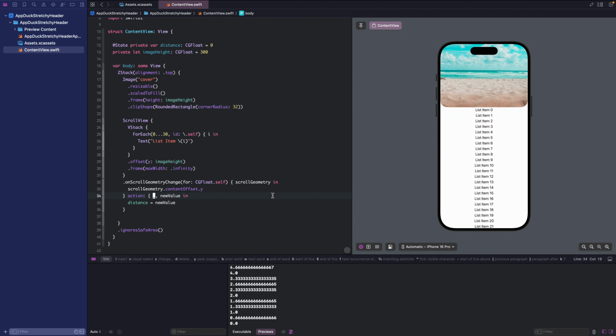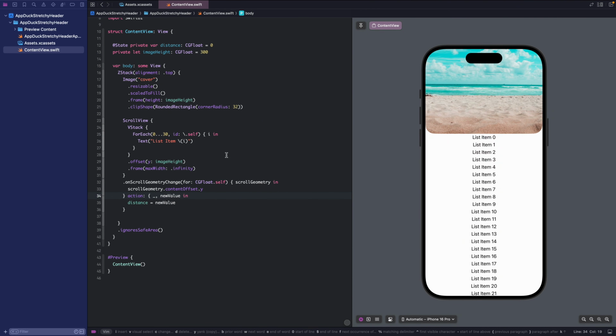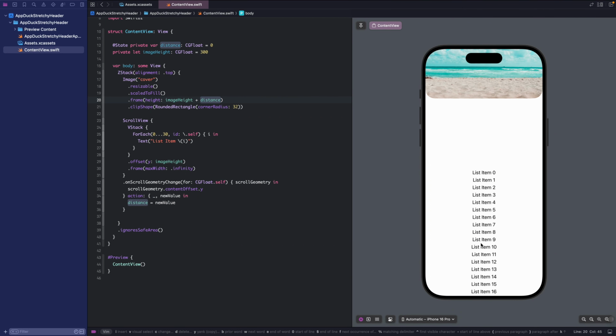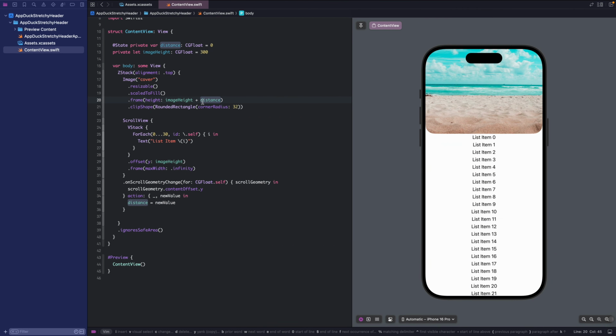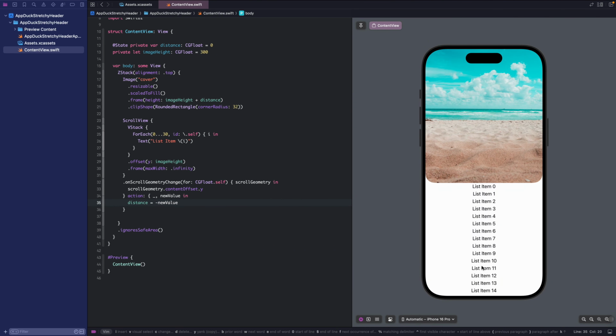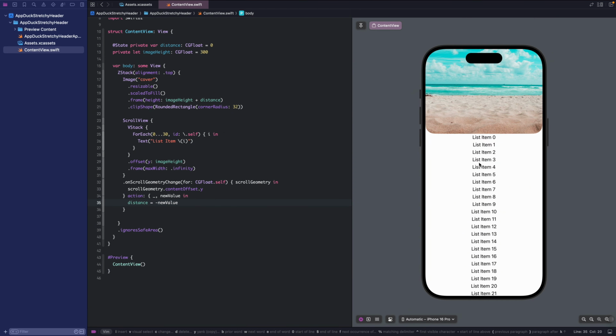First, I will change the image height based on the scroll distance. Nice.